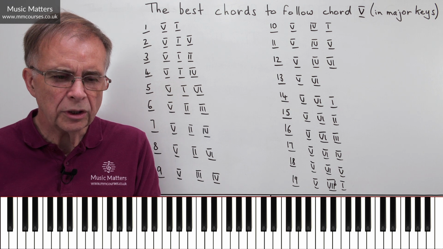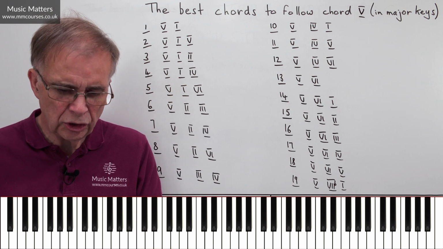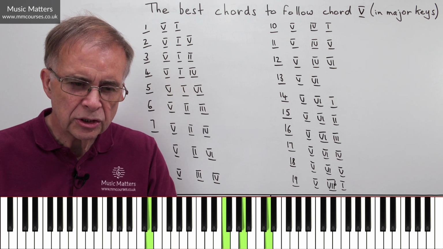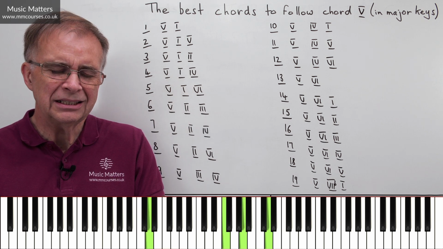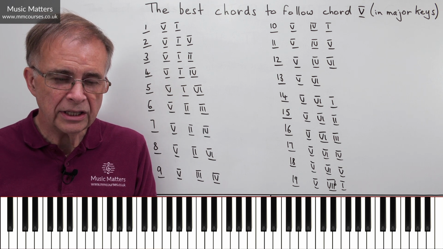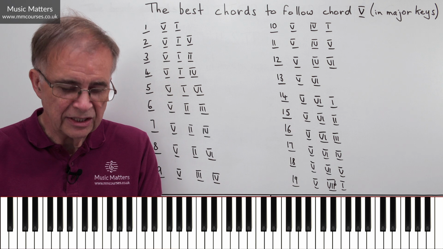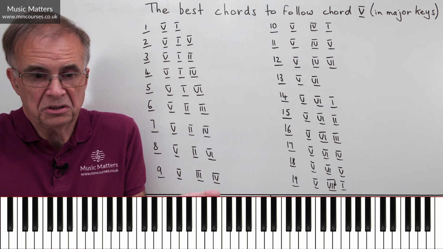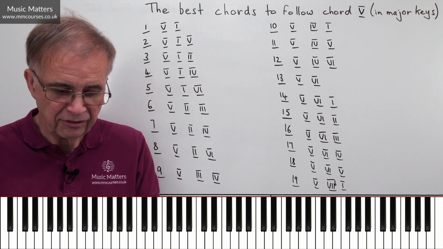Okay, option 3, what about 5 to 1 to 2? So 5 to 1 to 2, slightly less familiar progression, but actually can be rather nice. And you can do all sorts of things beyond that. You wouldn't necessarily finish a phrase with that. I mean, you could do, but that would be less conventional use.